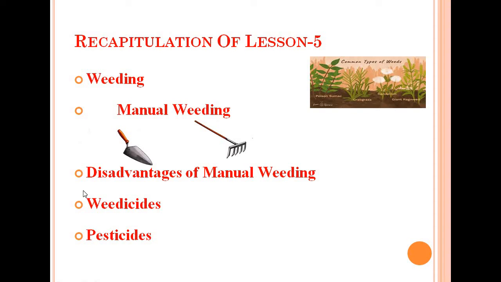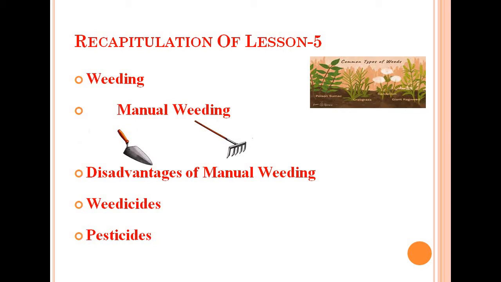So today we have studied about weeding. What is weeding? Weeding is one of the processes through which the undesired plants are removed. These are very important. Why? What is the reason? The reason is that if the weeds are present, they will share the necessary nutrients, water, soil, everything from the crop plants, and hence hamper or adversely affect the growth of the crop plant.